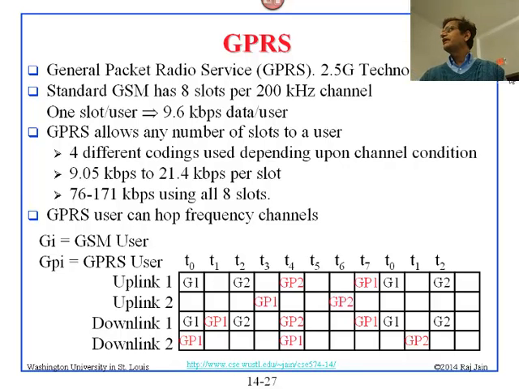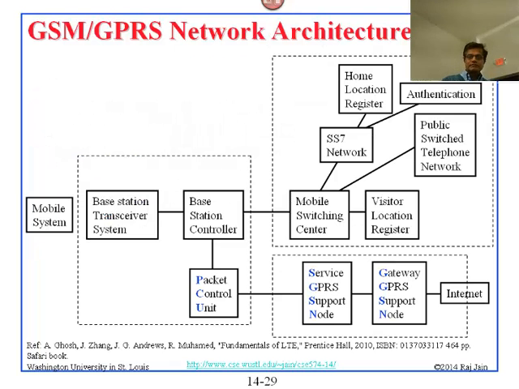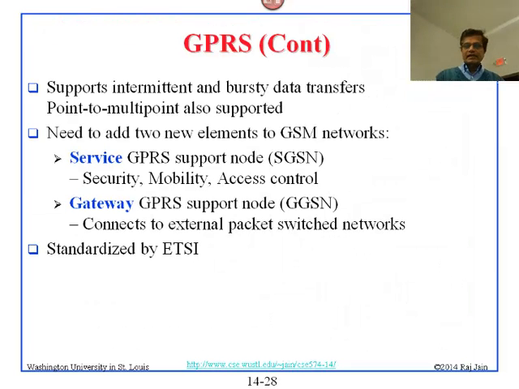Okay, same thing on the downlink. So the G slots are fixed. G is the GSM. GP is the GPRS. All right, so it supports intermittent burst data transfers,